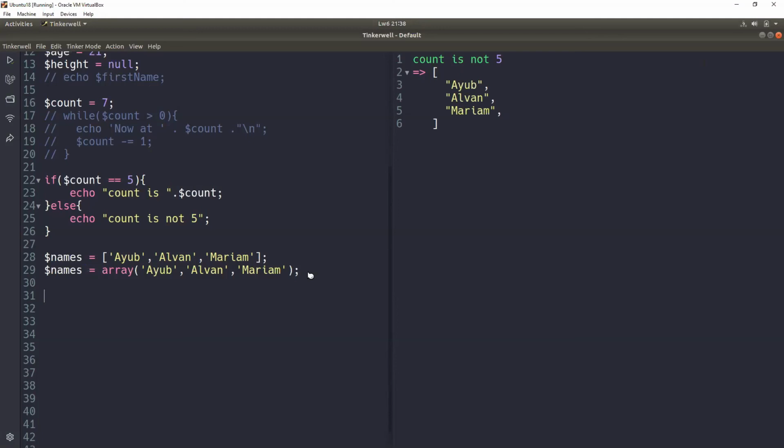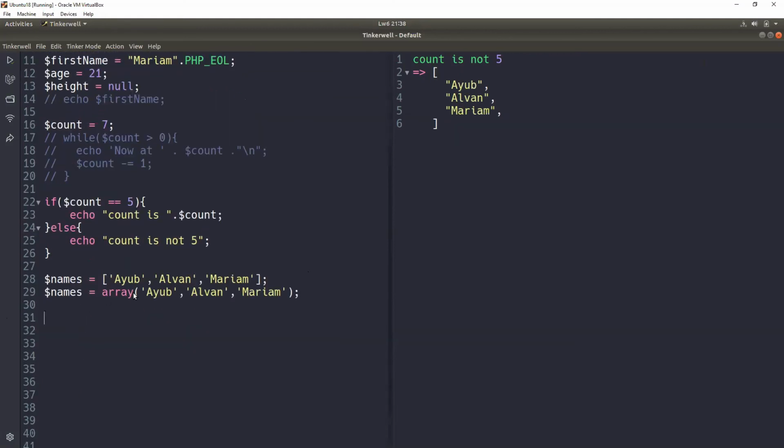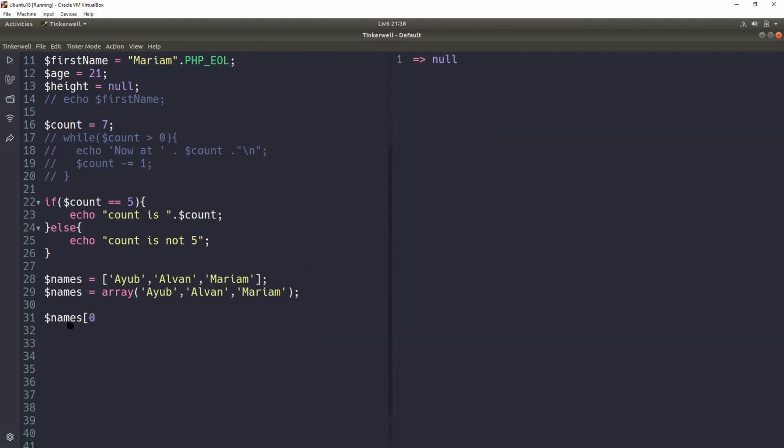That's basically a data structure called an array that is used to store values which are similar. So if we wanted to get the first item in that array, we call the names array, and then we access the first item, which has an index of 0, which is Ayub. So arrays, we access them by using the index, not the number.